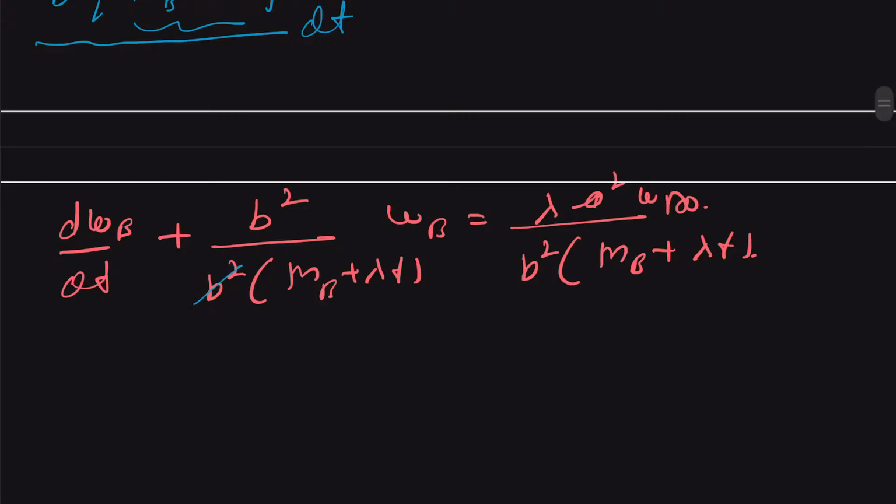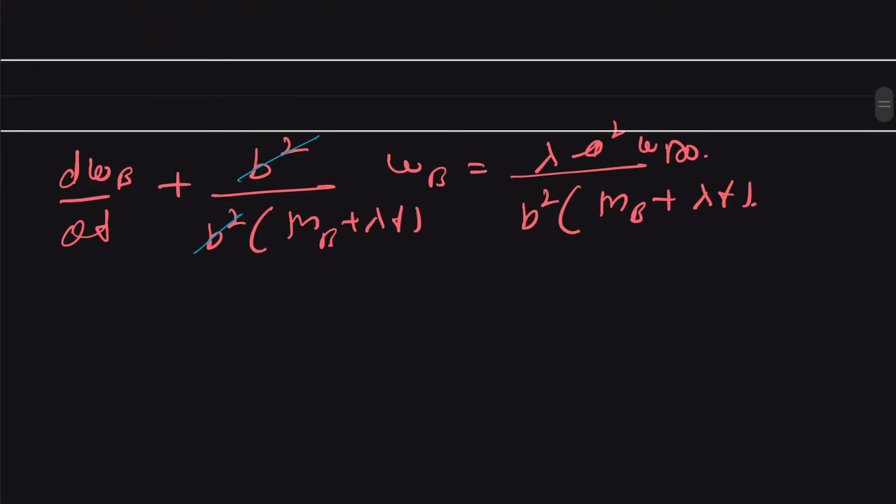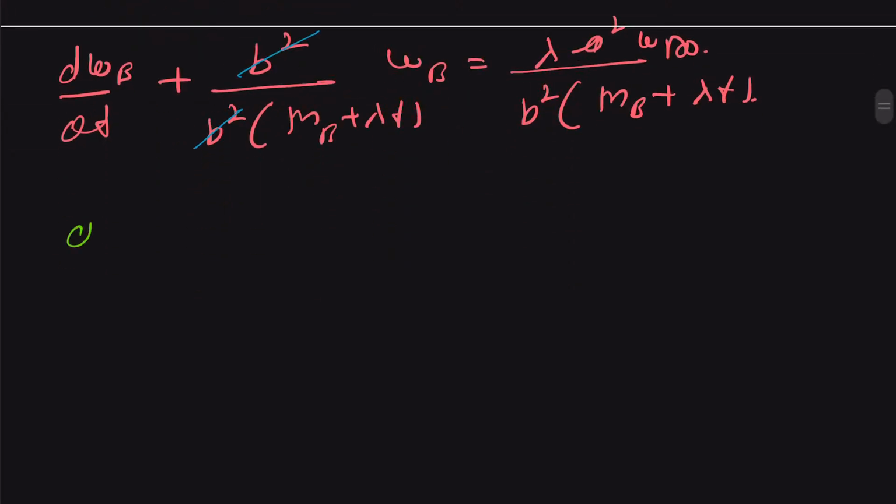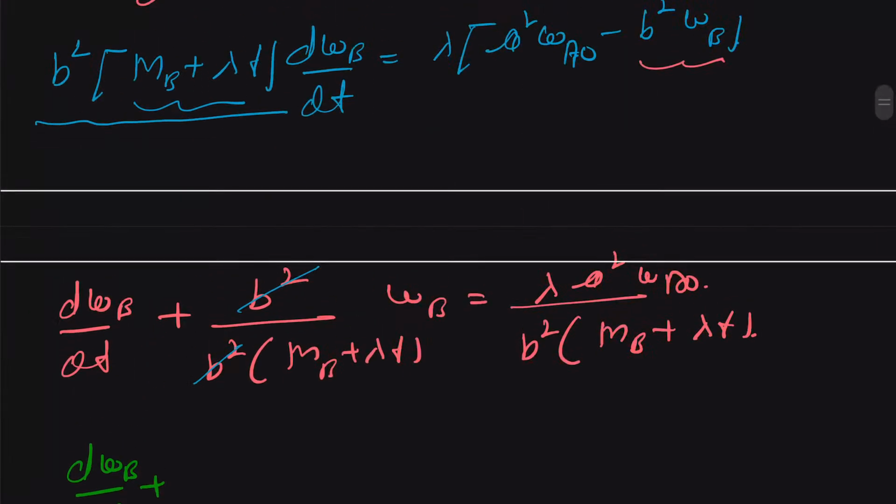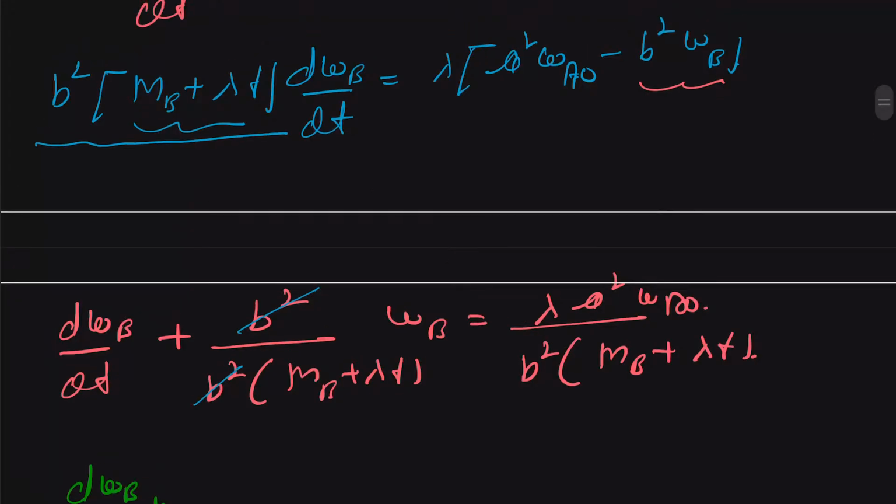And here this b square cancels out, so we get d omega b by dt plus, here lambda is missing,